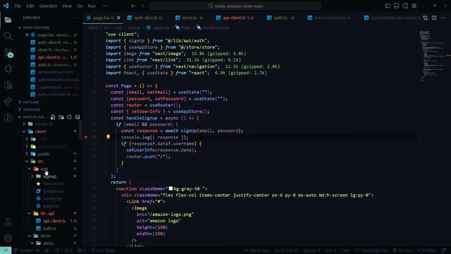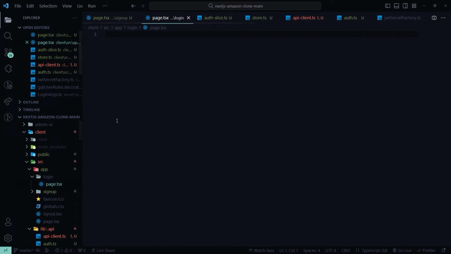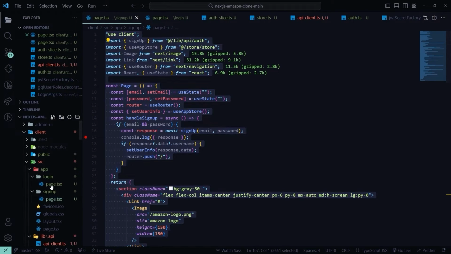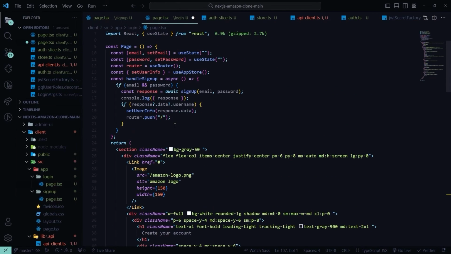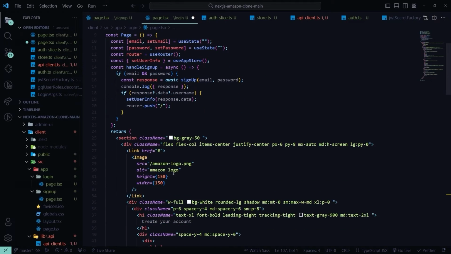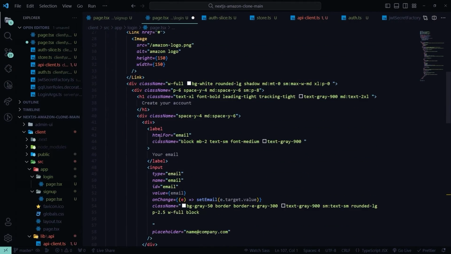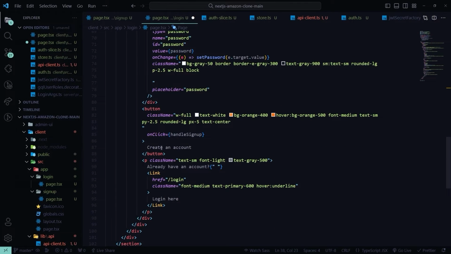Now after this sign up, I'm going to create a new folder here named login, and inside the login we are going to have a new file which is page.tsx. So any page in Next.js is now page.tsx, and I'm going to copy this, paste it right here, and what we are going to do here is this should be same, and let's write login to your account here, email, password, and